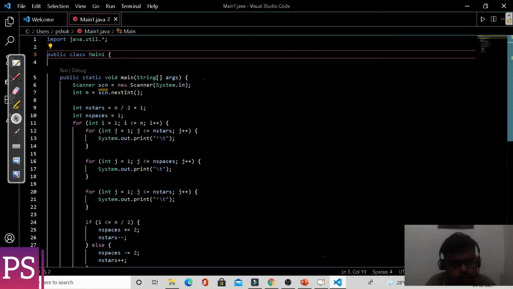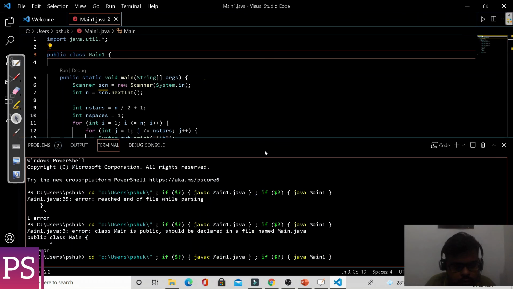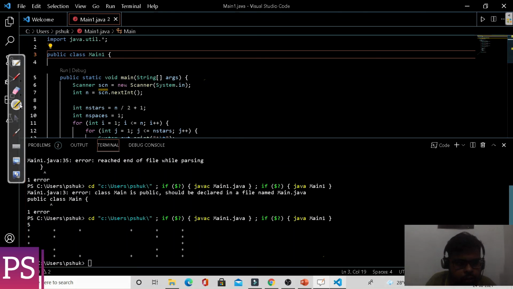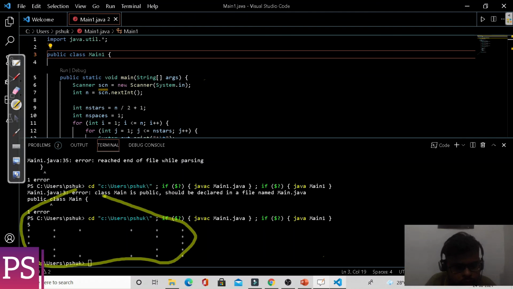Now I think this code will be correct. Let me type 5. Yes, we are getting the same output that was needed.